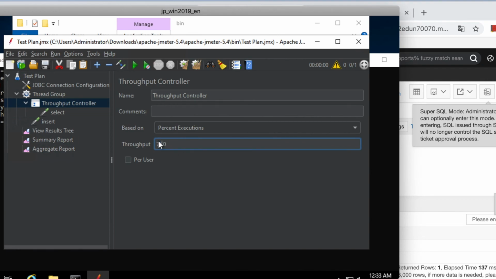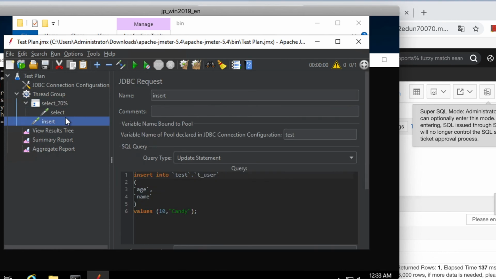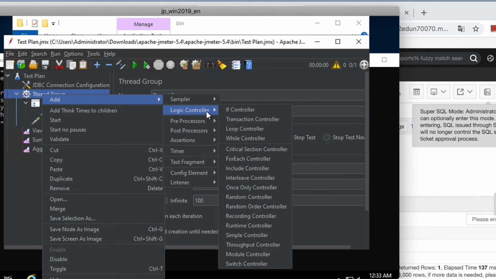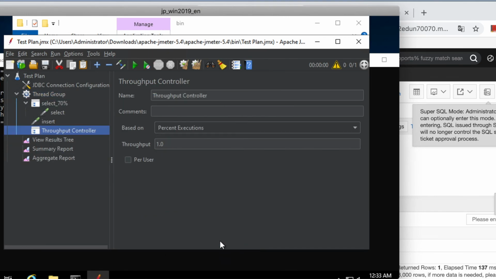Select, 70%, and the logic controller, throughput controller,